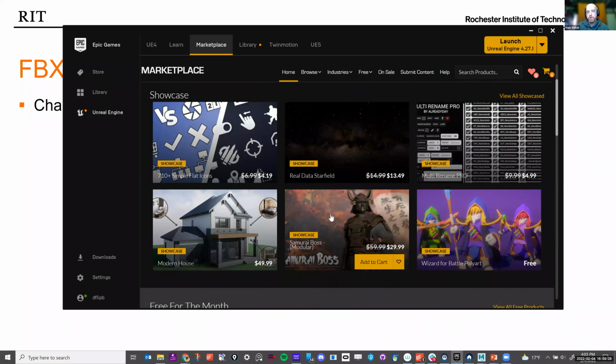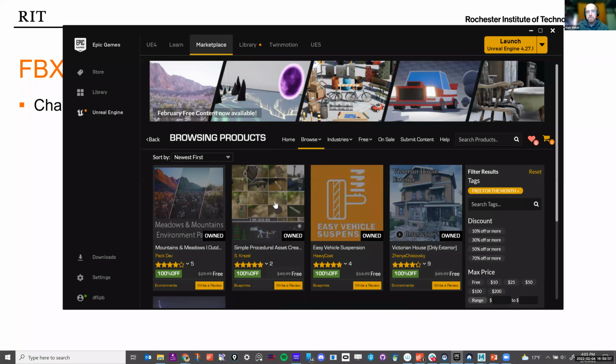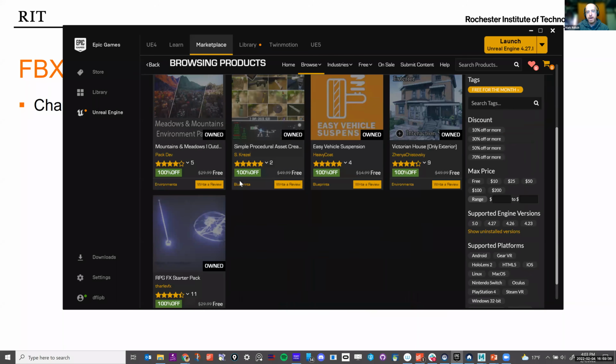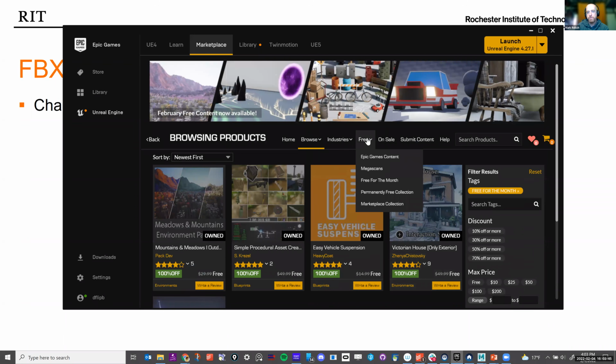But I would recommend that if you are planning to use Unreal, that every month there is a free for the month thing, and these are all the current things that you can download for the month. And usually it's really high quality stuff, but you can also find free stuff on there, and those things you can use in your projects. So go ahead and do those.